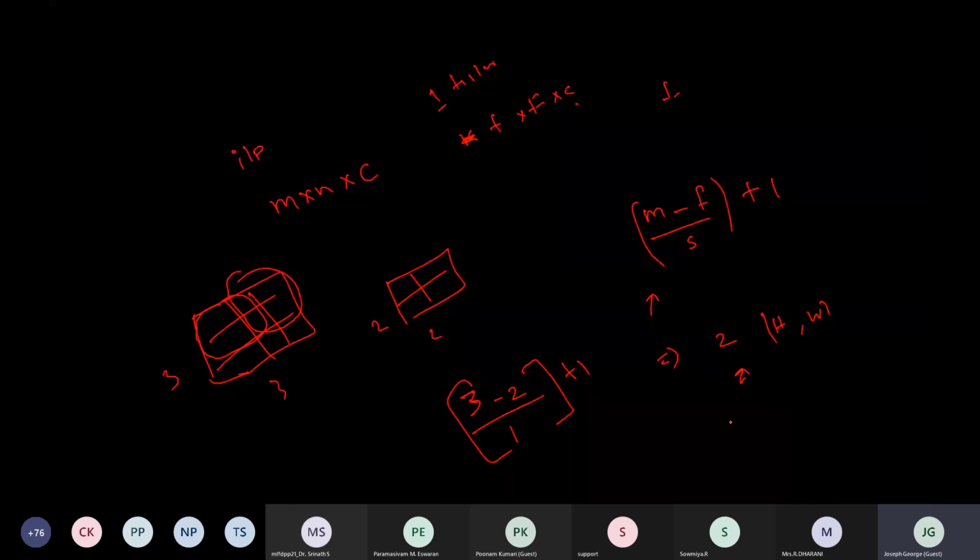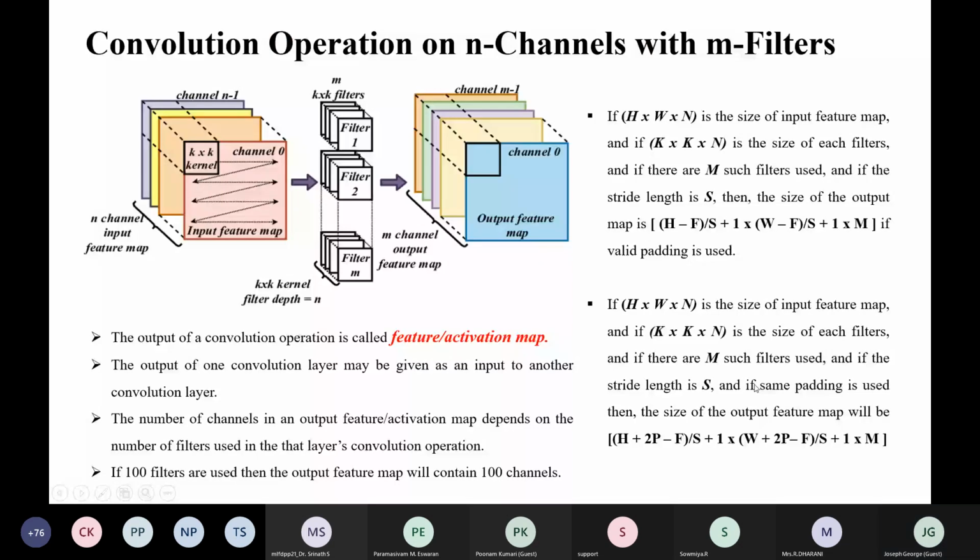then that many channels will be created in the output layer, or in the feature map. That is what is explained here. H minus F divided by S plus 1 is the height.